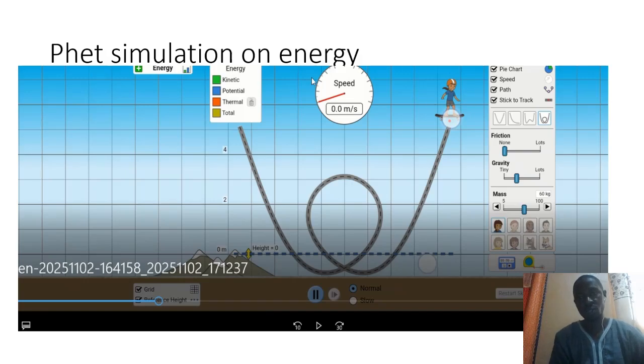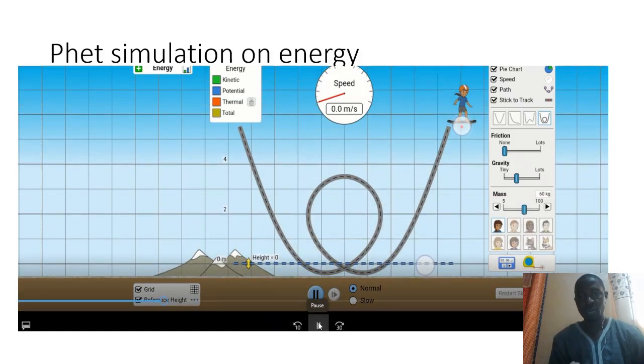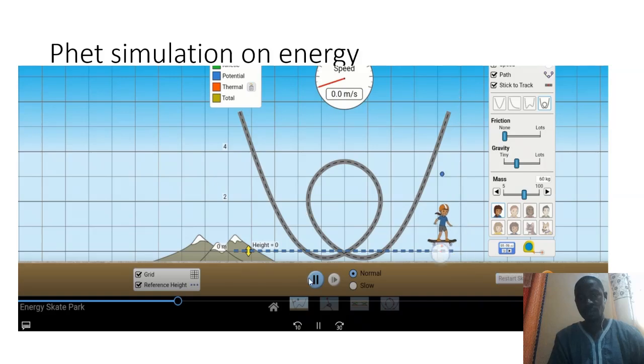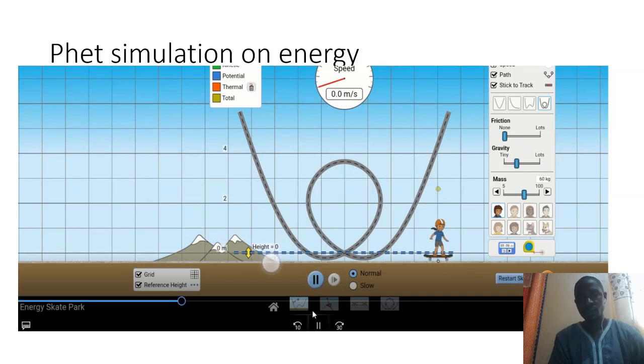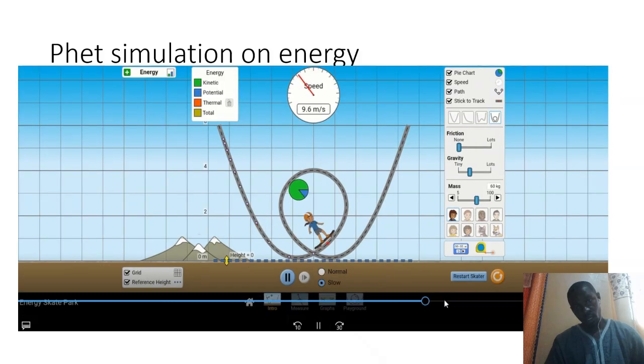As we said, potential energy depends on mass, acceleration due to gravity, and height. So we can determine the potential energy of the skate man. At the bottom, at the top,